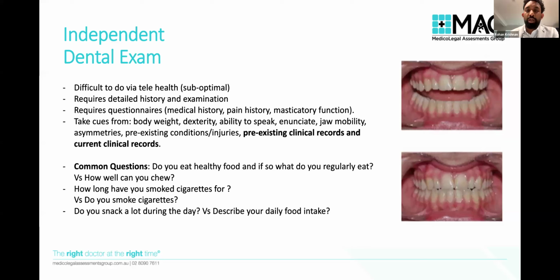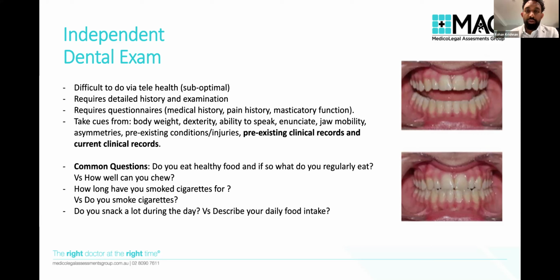So sometimes we'll have people come in saying that they've got functional jaw issues when really they've got full mobility and range, and their history doesn't correspond with the way that they present for examination. We could go through the whole jaw depression and anxiety cascade and bruxism another time. I don't want to go into that today.